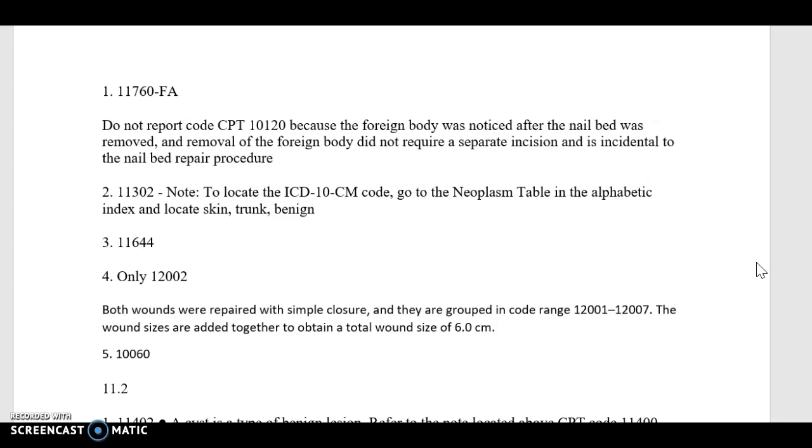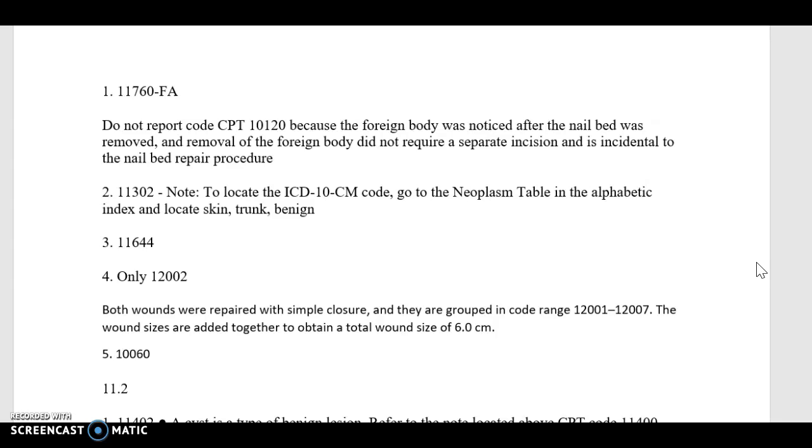Number four, let's talk about that. A few of you had a couple codes. Keep in mind when we do repairs, a couple of different things. If the repair is simple and they're in the same area, then you add them together. So 6.0. Now, another example, let's say that we had a simple closure on the face and then